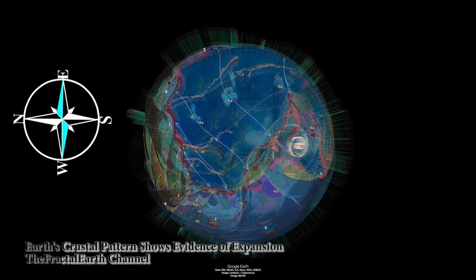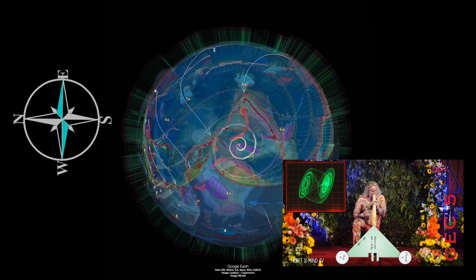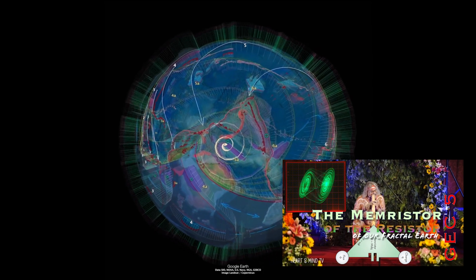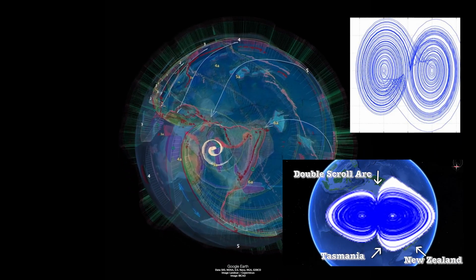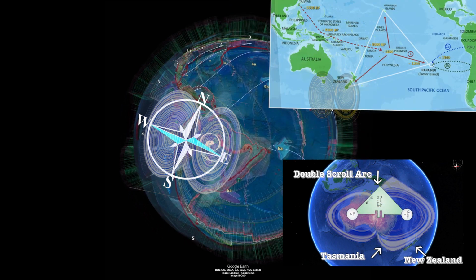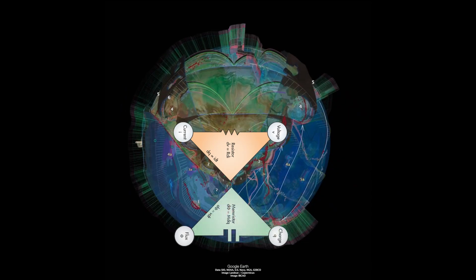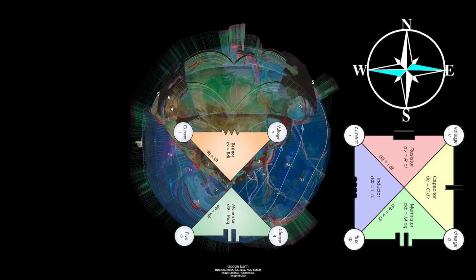We're going to connect this first junction of the expansion with a second one Sean has identified off the east coast of Australia. Based on my previous work, this vortex represents the center of the eastern paddle of a memristor, a memory resistor that stored the resistance in a crustal expansion. A memory resistor, a memristor, formed directly below the resistor. This is where it belongs in an actual circuit.